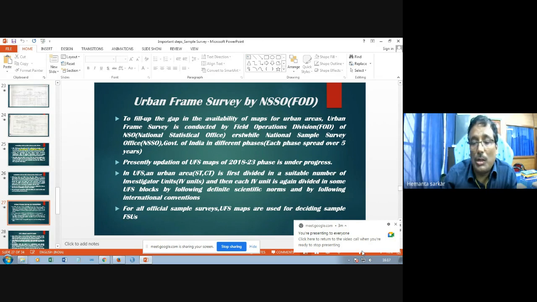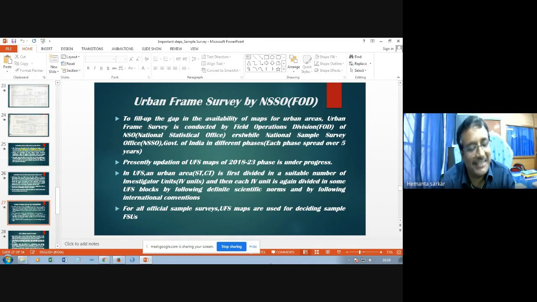So now, in all kinds of official surveys, these UFS maps are used in all official statistics, in state surveys, in national sample surveys, in all surveys, excluding, I must say, the academic researchers. At some points of time, they don't care about maps, and they don't care about plans, how to conduct the survey, how to design a sample. They go on taking abruptly. At times they use word maps, but word maps are not accepted. If you write a paper